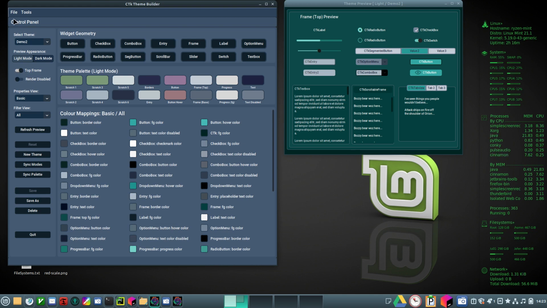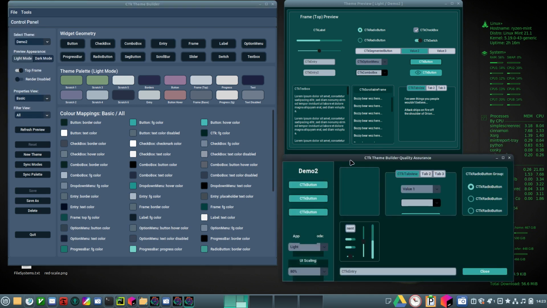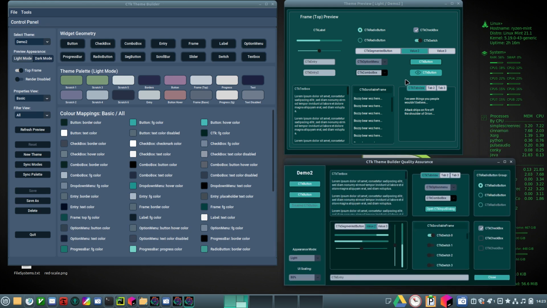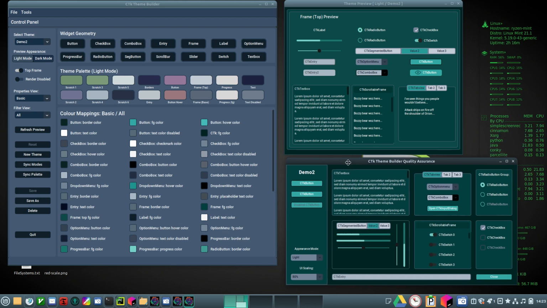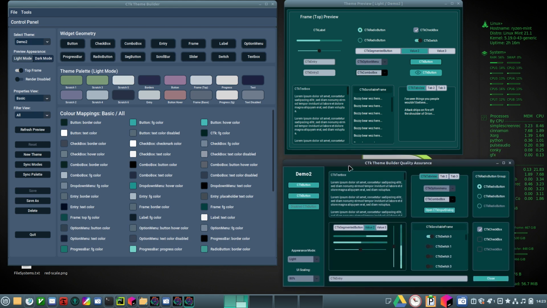Okay, so let's just talk about the QA app anyway. So you might think on first sight that there's not much difference in terms of what you can get out of the QA app. Well, the first thing is the QA app is slightly more sophisticated than the preview panel. The QA app is based on something that Tom Szymanski wrote to demonstrate CustomTkinter. He's the guy that designed and engineered the CustomTkinter framework. So I basically lifted his complex example Python program, and I enhanced it to basically work with the